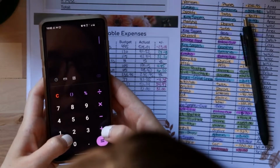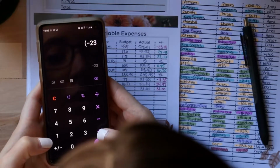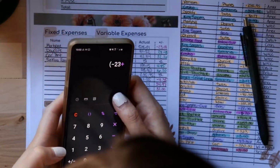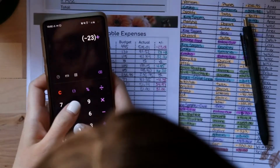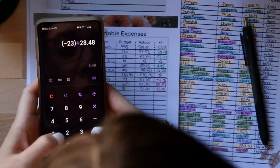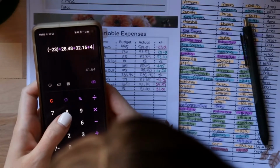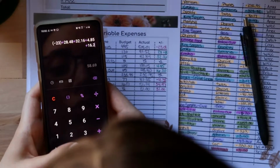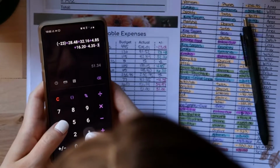So it's minus 23 plus, oh, why is that like a parentheses? There we go. Plus 28.48 plus 32.16 plus 4.85, 16.20 minus 4.35 minus